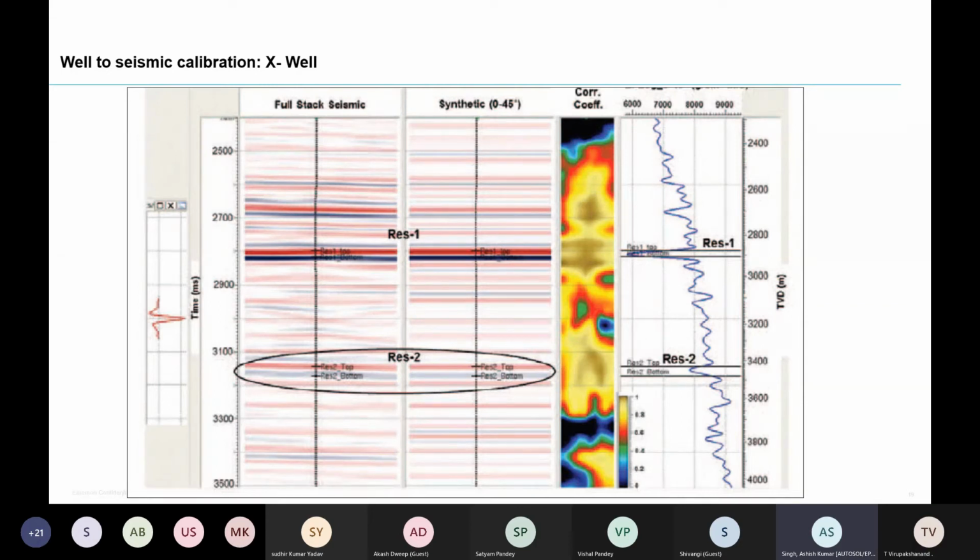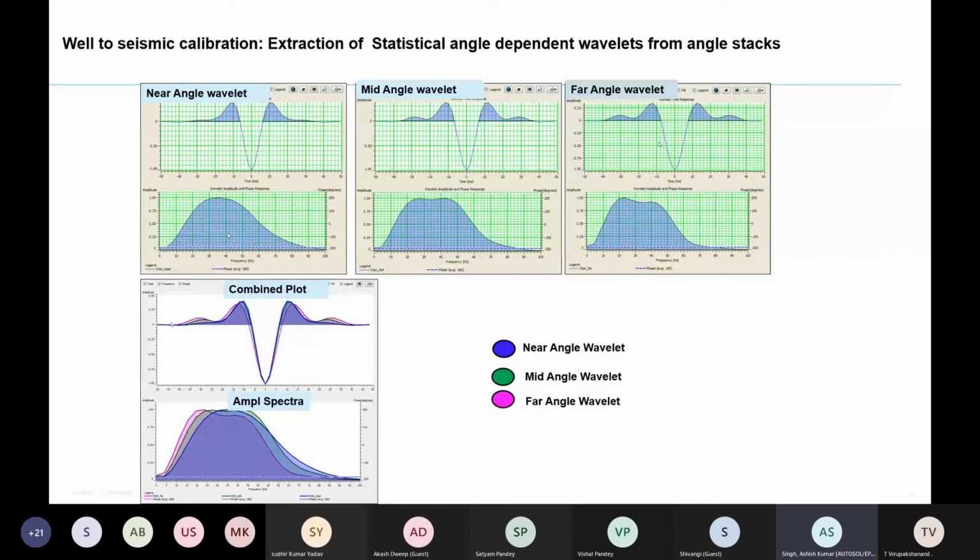So the well to seismic tie plays a very crucial role in extracting your wavelet, because in forward modeling you know your wavelet, but in inversion you don't know it. That's why the well to seismic tie is very important in seismic inversion to extract your true, or near true, wavelet. When you use a single stack, there will be a single wavelet. Otherwise, with a number of stacks, there will be a number of wavelets.